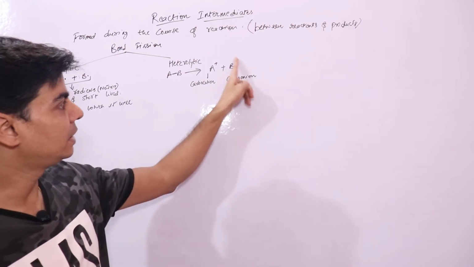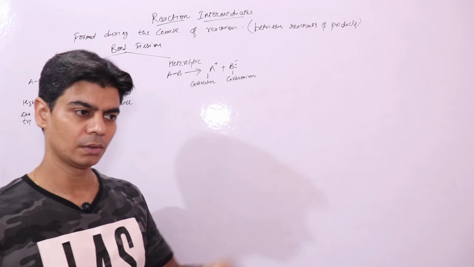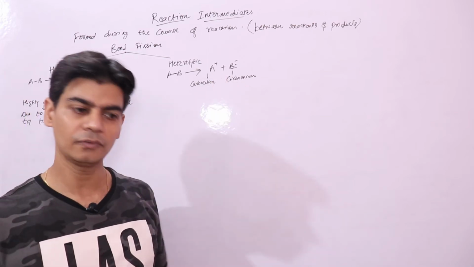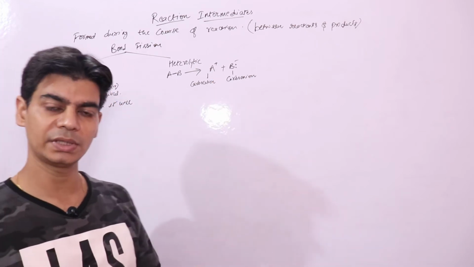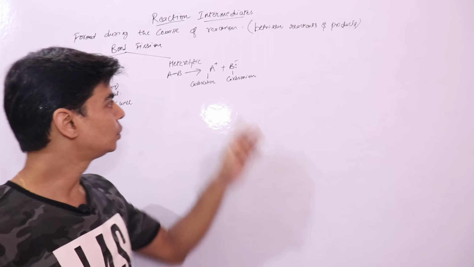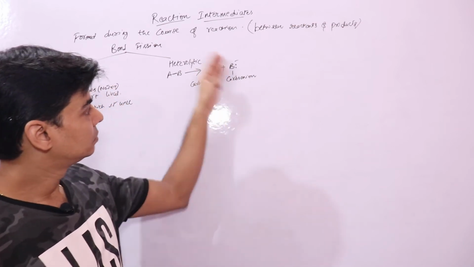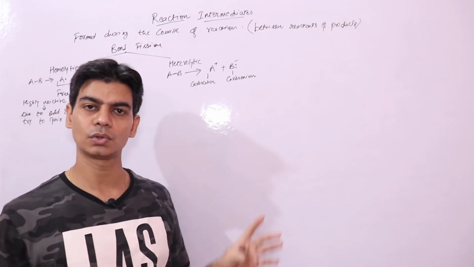So this is highly reactive because it can donate its electron pair to the other species and react. This is highly reactive because it can accept electrons, because it is short of electrons. So due to electron deficiency and electron excess, both carbocations and carbanions are highly reactive, and these are also short-lived